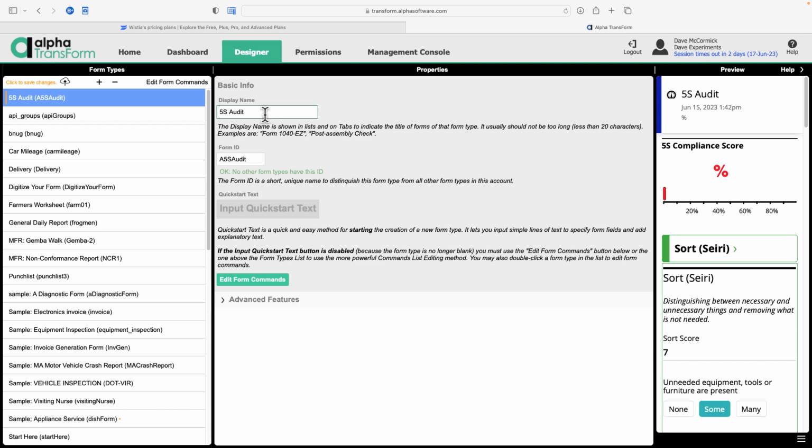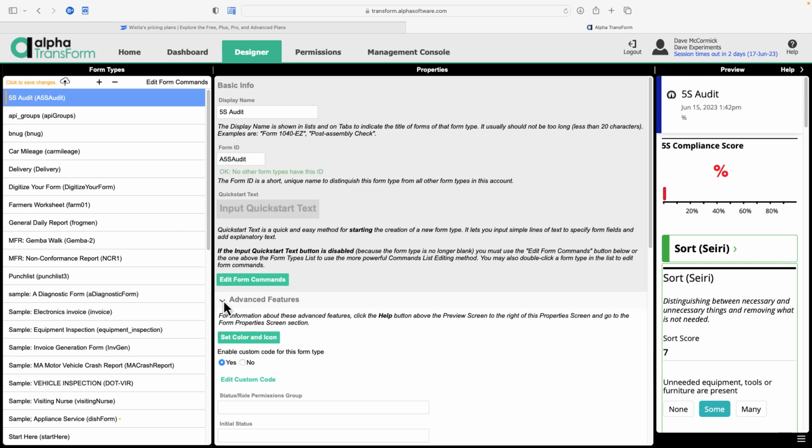When you first create a form, you'll want to give that form a display name. In this case, we're calling this one the 5S audit. And you'll also want to give it a form ID. This will be assigned to you automatically if you leave it blank, but I find it's better to put in an ID that makes sense. Think of this as an abbreviated name, almost as if you were naming a file name. Down here, under Edit Form Commands, this is where you can go in and actually add the fields into your layout. And down here in Advanced Features, there's not a lot here that you're probably going to touch right away,